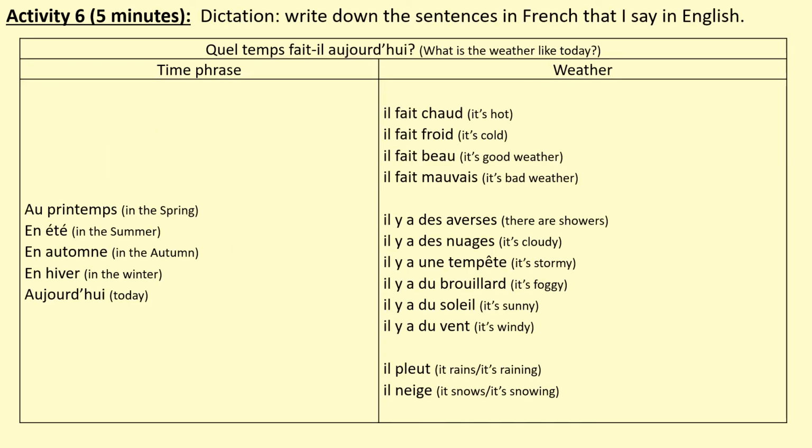We're now going to write down the sentences in French, I say in English. We're going to do what we call a different type of dictation. I say to you a sentence in English, and you're writing that sentence in French. So you're not writing the sentences in English, you're writing the sentence in French. That is the translation of what I'm saying in English. So you're writing 4 sentences in French in your books. So the first one is,